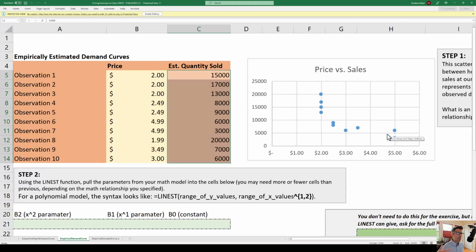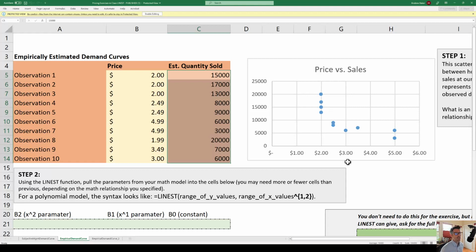Also, we should keep in mind, again, I said we're going to approximate demand curves. There's a bunch of other factors other than just the price of the hot dog that probably affected demand. Maybe a very popular team was visiting for a series, and that would mean there's more people in the park, which means we sell more regardless of the price of the hot dog. Maybe the weather was good, maybe the weather was bad, and this all has impacts on hot dog sales. So we're ignoring all these other factors, which are important,